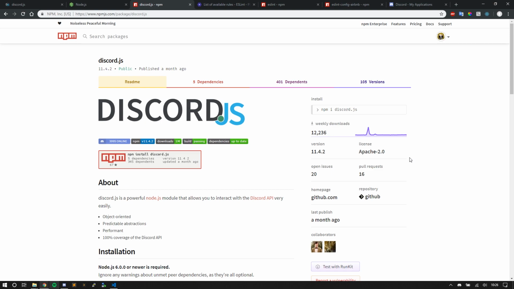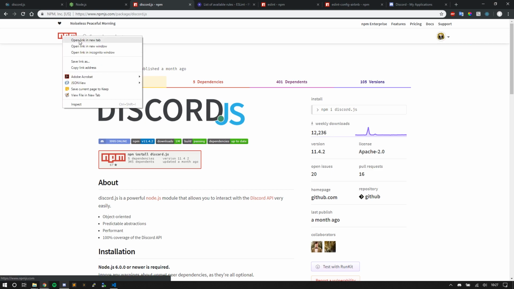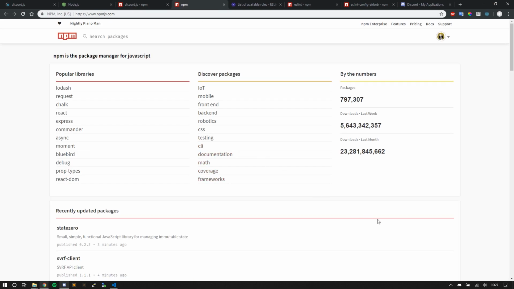That's great for project management, collaborating and such, and I'll talk more about that in the future. But this is the npm page, and npm stands for Node Package Manager. When you have a Node project, you can install different packages, as you can see here: popular libraries like Express, React, Async, which you probably have heard of.